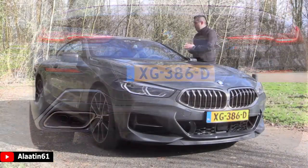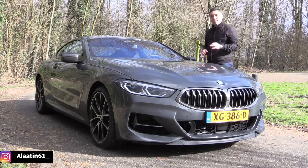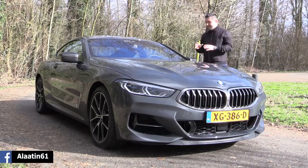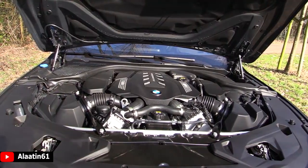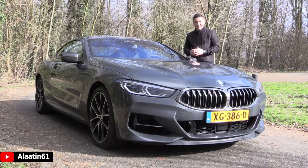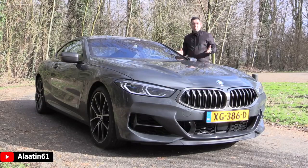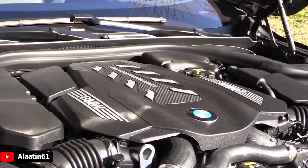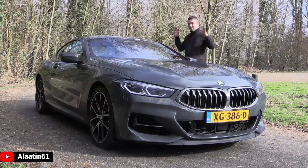The specs of this BMW M850i: it has 530 horsepower, 555 pound-feet of torque. That's 750 Nm of torque. It has the X-Drive all-wheel drive system, 0 to 62 in 3.7 seconds. Yes, 3.7 seconds. The top speed is limited to 155 miles per hour, but it can easily go 200 miles per hour. That's around 320 kilometers per hour, I think. The engine is a 4.4 liter V8 petrol engine with twin-scroll turbos, and I mean, look